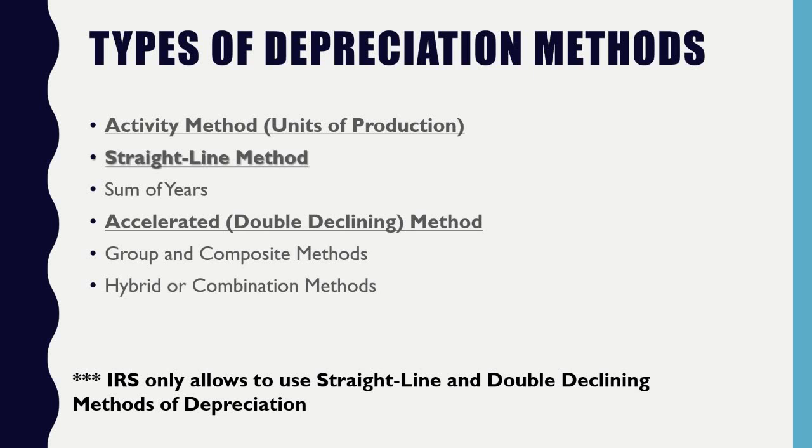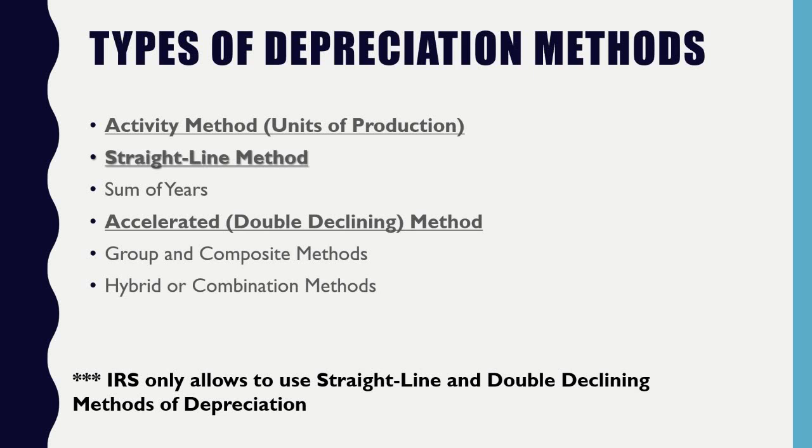Well, the first one is going to be the activity-based method, which is also known as units of production, which is going to be based on a capacity or based on the number of units that can be produced. The second one is going to be straight line. The third one is going to be accelerated, which is also known as double declining. I'll give you examples of each one, of course, as we go through the